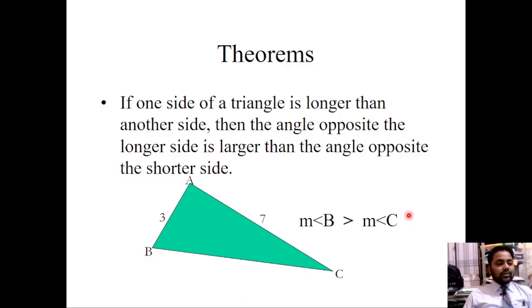If one side of a triangle is longer than another side, then the angle opposite the longer side is larger than the angle opposite the shorter side. So here m is less than b,